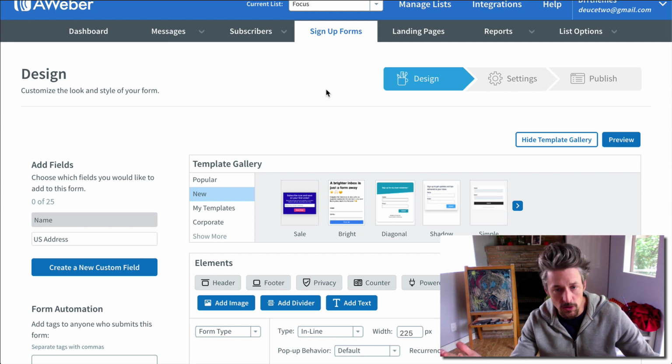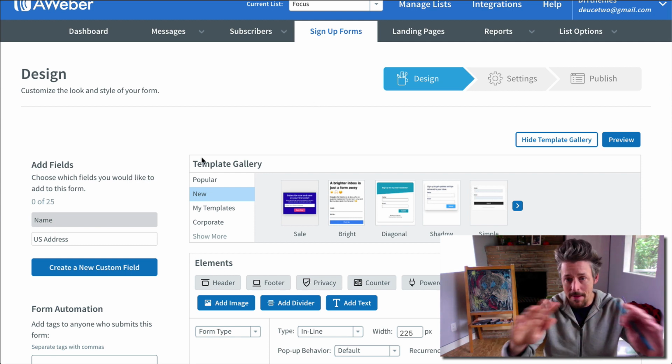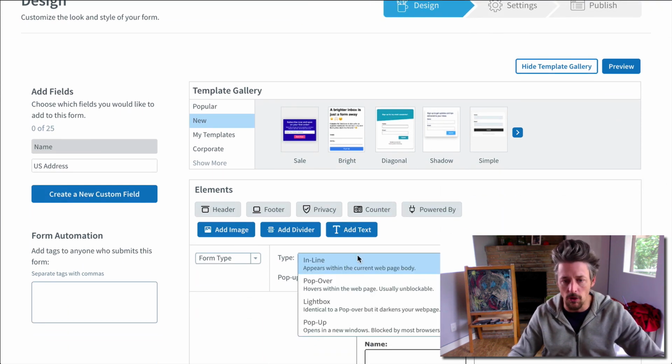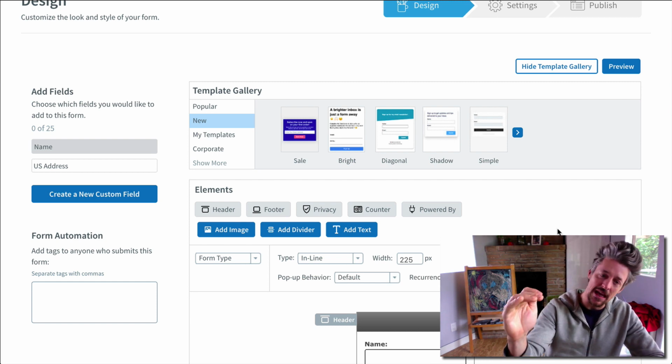I also just don't like the largesse of this whole thing, the way this plays out. You want to do things as efficiently as possible. That's the whole point here. So we're going to bypass all this stuff. Like, what kind of form? You want a popover, lightbox, pop-up. That's for you to implement on the site side of things, on your site,